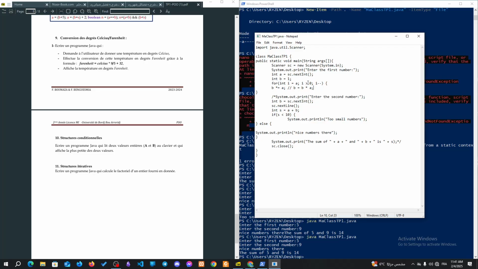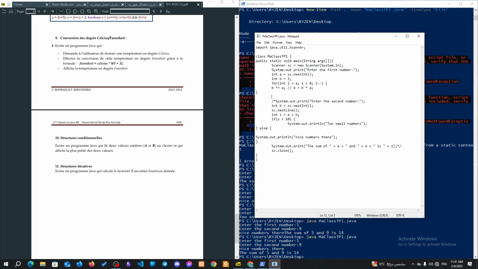It verifies and finds it equal to 0. So it's going to stop, right? So let's print after that. Let's print our b. I'm just going to print it like this. b equals,